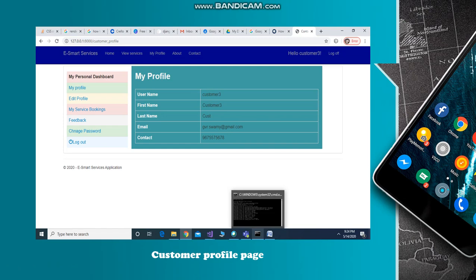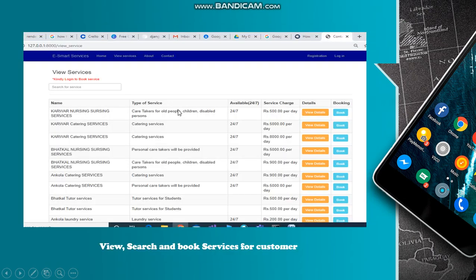the profile page of the customer is created with the username given at login time, first name, last name, email and the contact of the customer. Later, the customer may look or search for the services they require and are of their interest, and they can view the profile of the service provider by clicking the view the detail button.